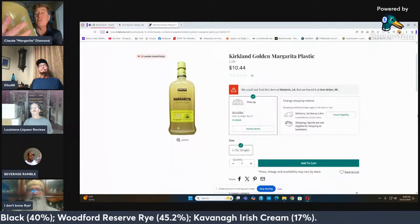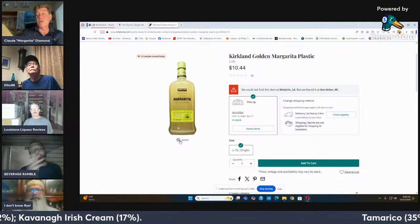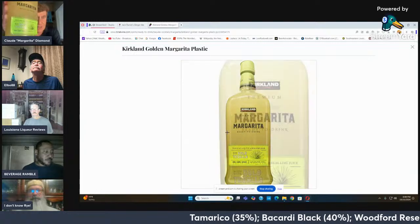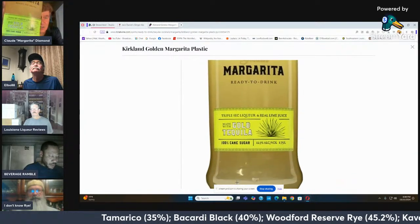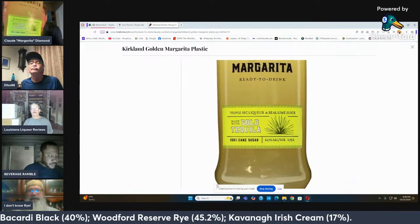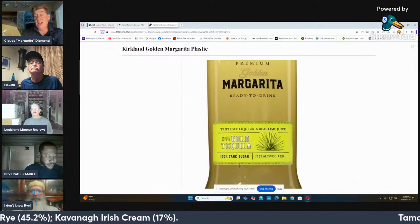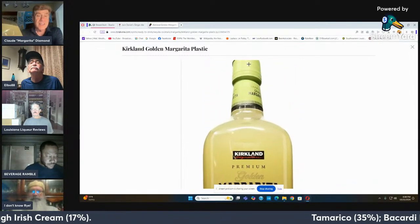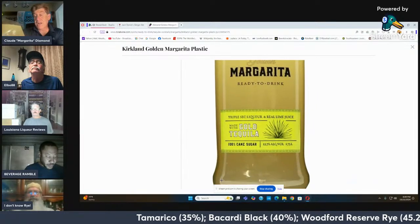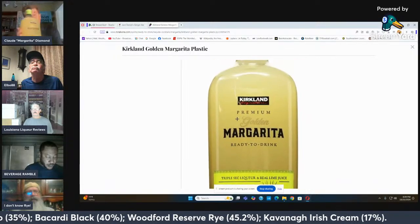this is the Golden Margarita ready to mix. It is 12.7% alcohol by volume. It's 100% cane sugar, which is kind of interesting. That's a big selling point nowadays. Real cane sugar instead of corn syrup, I guess. You're right, that's becoming rarer and rarer. Nice label and everything. They say it's made with gold tequila. I think that's the Kirkland brand of tequila on it, and it comes in this lovely, soft plastic,